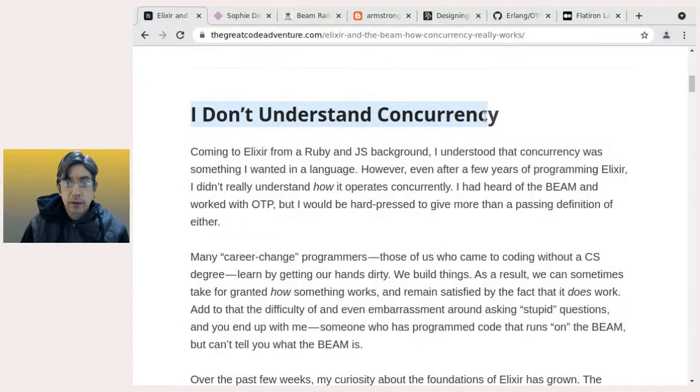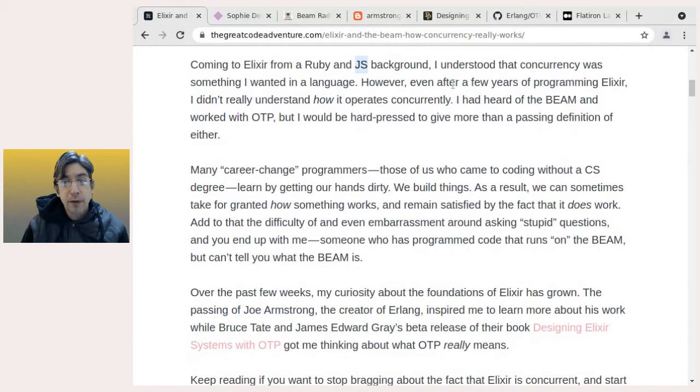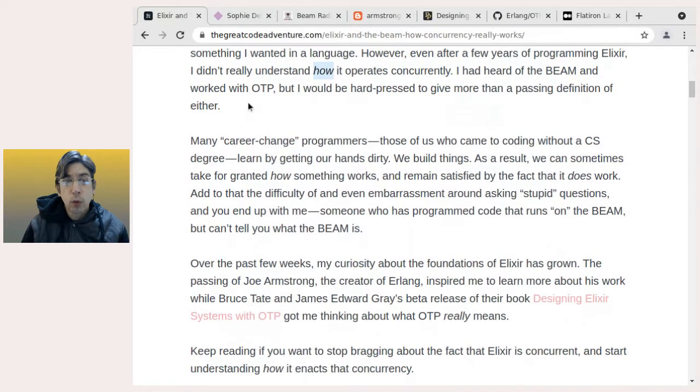So Sophie says, I don't understand concurrency. She's coming to Elixir from a Ruby and JavaScript background. She understood that concurrency was something you wanted in a language. However, even after a few years of programming Elixir, I didn't really understand how it operates concurrently. I had heard of the BEAM and worked with OTP, but I would be hard-pressed to give more than a